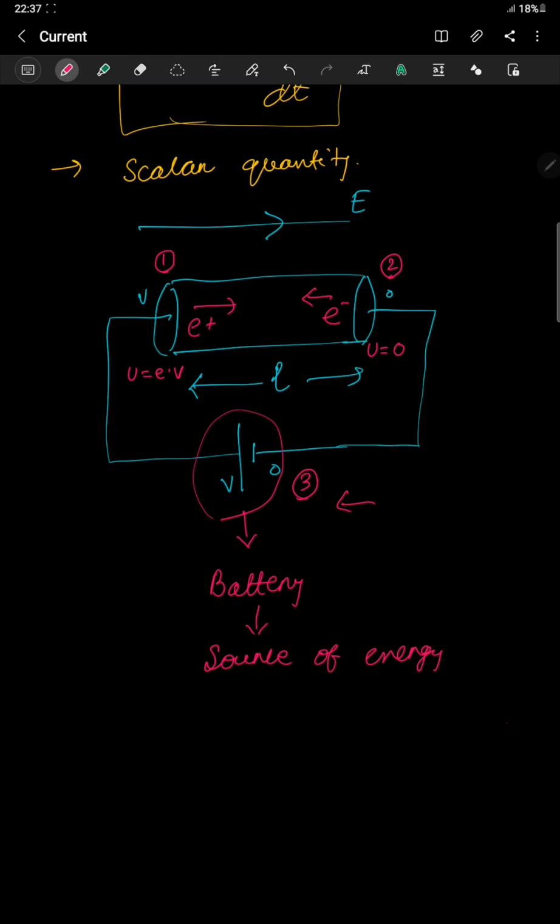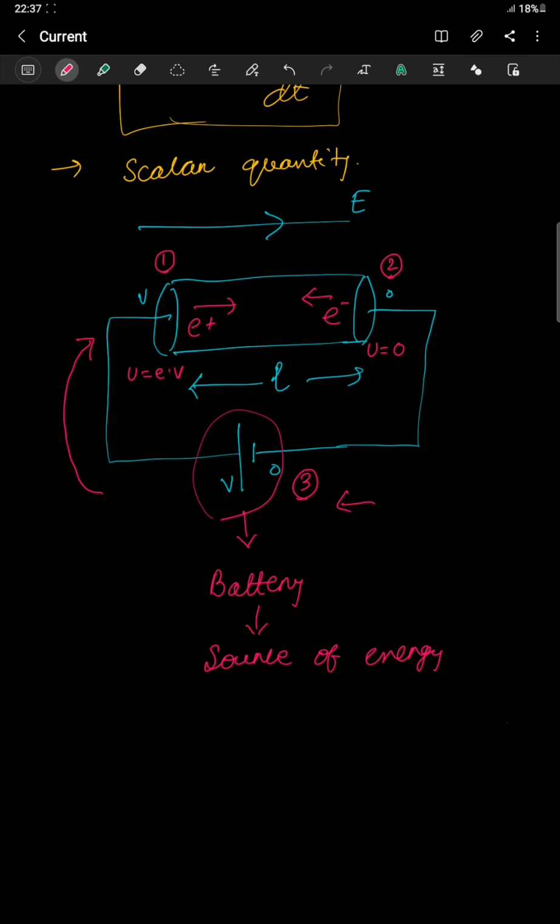Okay, so what happens when the positron comes to position 3? It doesn't have any energy. Then who gives the energy? The battery gives the energy to the positron, and then again it comes here with full energy, and then it tries to distribute the energy to the conductor, and at position 2 the energy again becomes 0. So this is how the motion of the positron takes place,